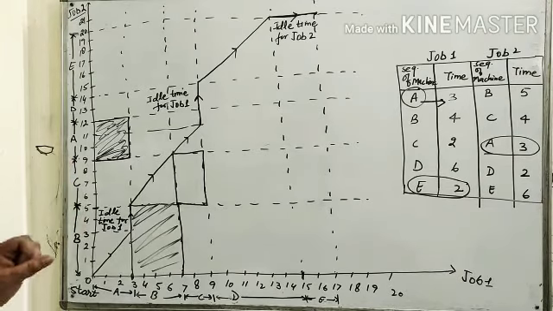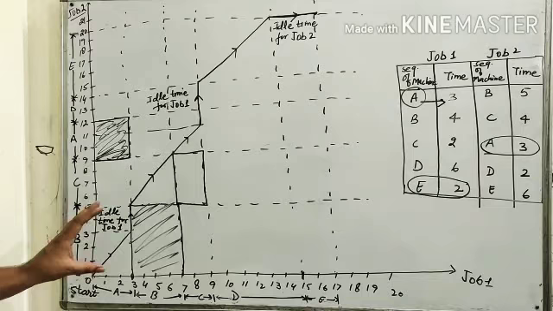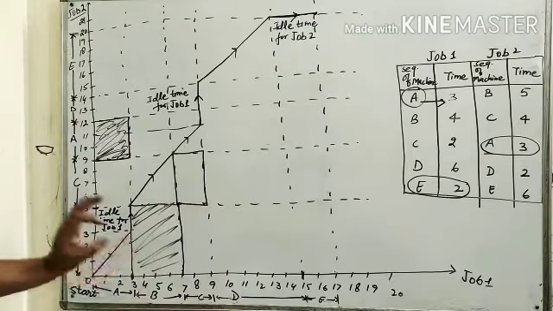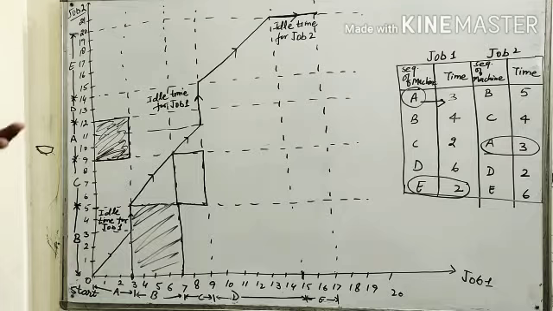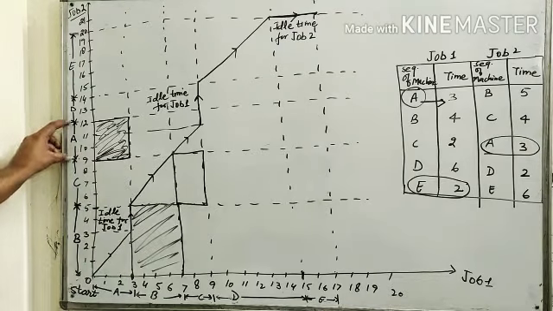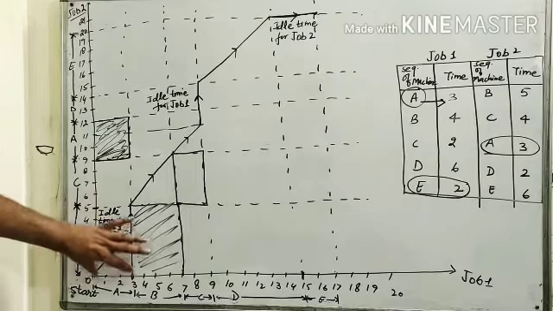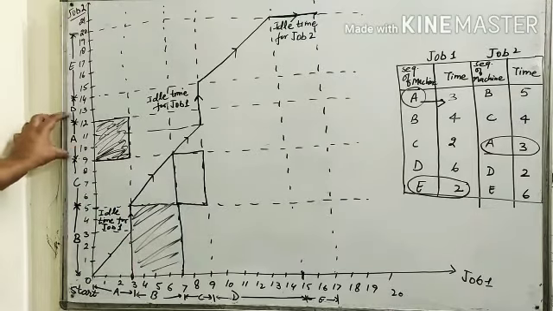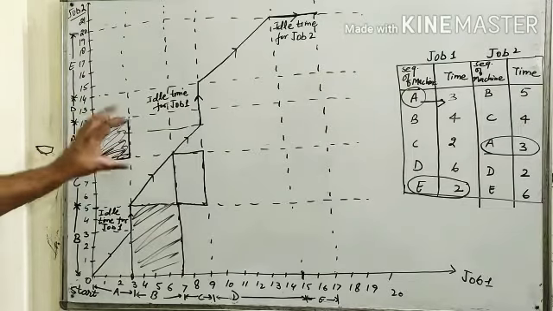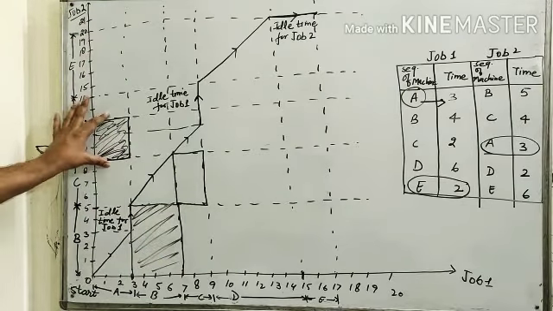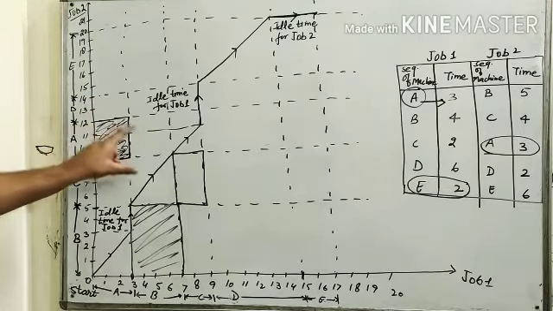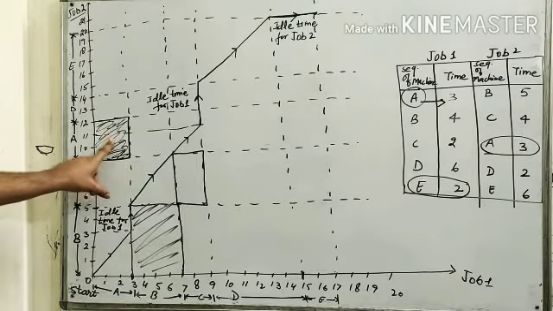Now we shall identify the shaded region. For your reference, I have already marked 2 shaded regions. How to mark these shaded regions? We have to identify the common or intersecting region for the same machine. That is, this is machine A and this is the time period for machine A. So where is the intersection point for these two machines, job 1 and job 2? So this is the shaded region, this is the common region. So make it a square box and shade it.